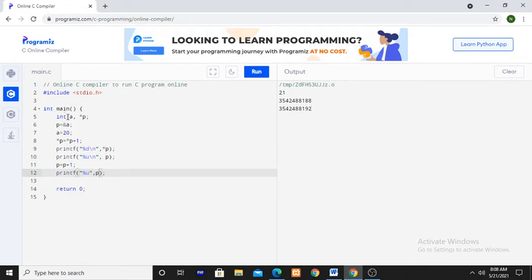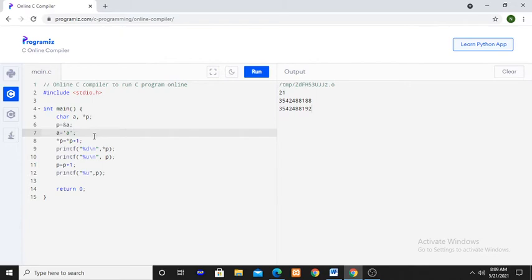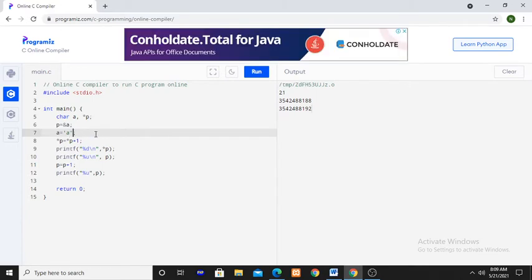So here, if you write char a equal to, what is the value of the character variable a? I am assigning the character variable a to a character constant, or you can assign some other character constant,